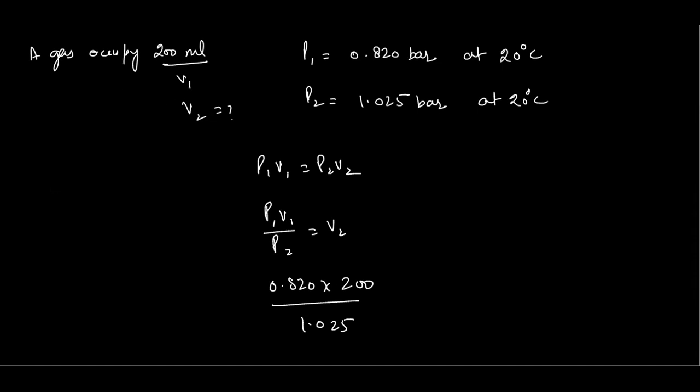Okay, so let's move further. Charles's law. Charles's law is similar to this one. We are going to study this now. We have studied Boyle's law, and now we are just going to do this in a fast manner. So this is actually the V and T relationship. Again, we have these four terms: P, V, N, and T.